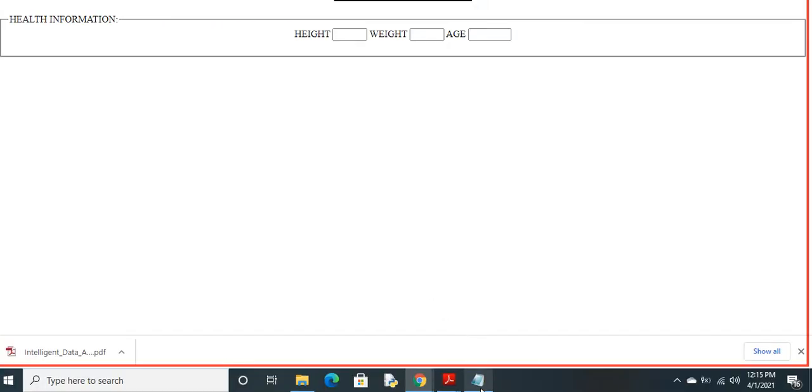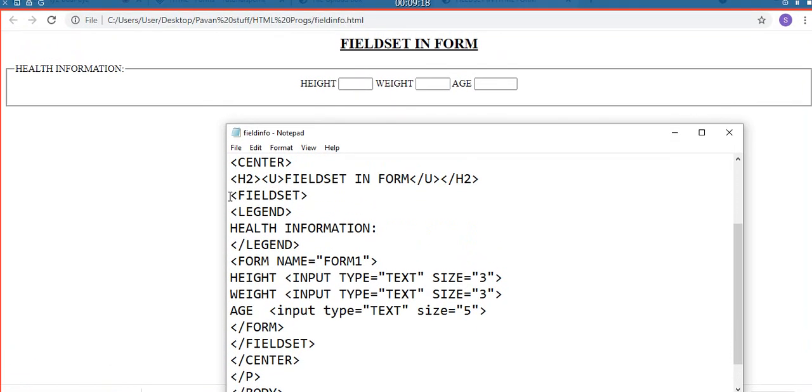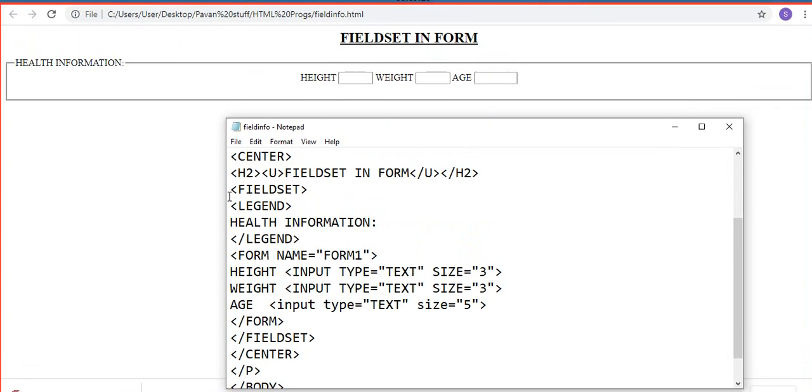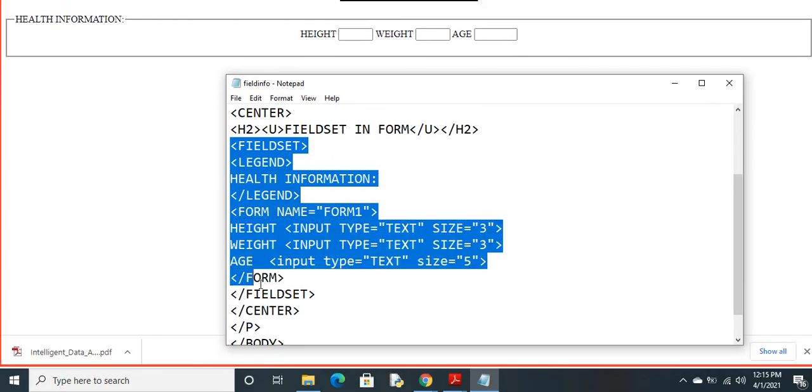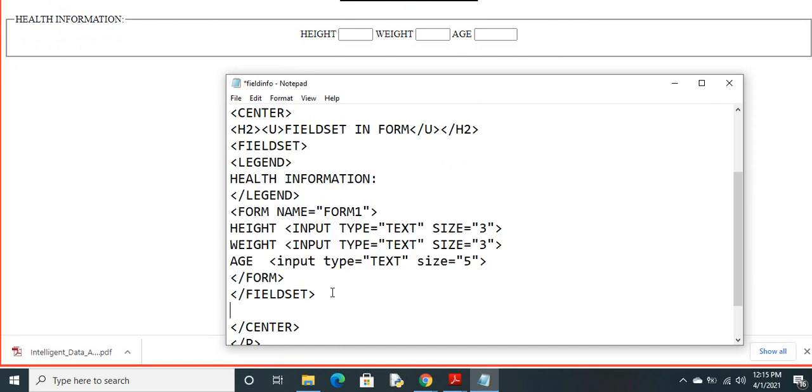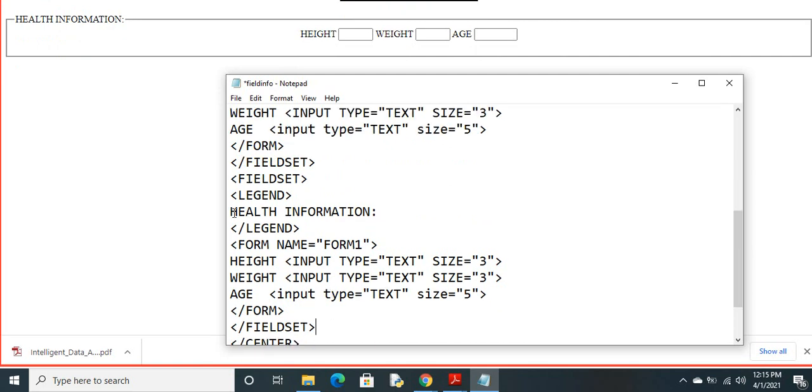Now in the same way I'll go with one more. Control C. Now instead of this health information I'll make it education information.